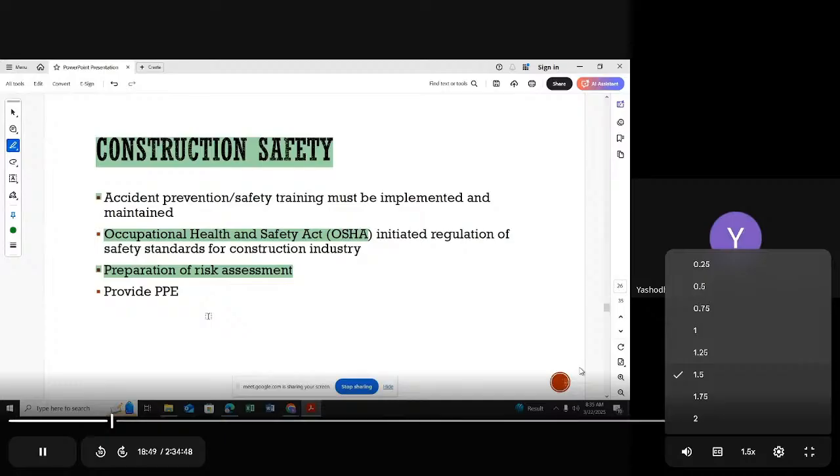Not only that, during the pre-construction stage, you have to identify all the risks in your project and the mitigating methods for those. Normally this document is known as the risk assessment. It includes the risk description, the mitigating method, and what will happen in future if it happens to the project. Everything you have to mention in your risk assessment.